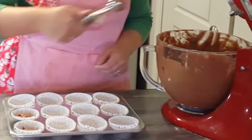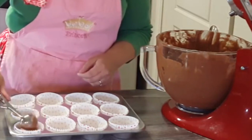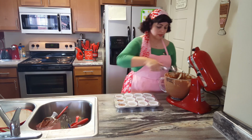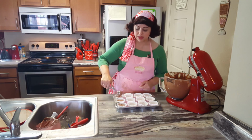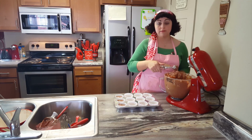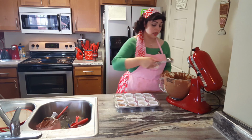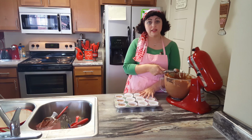I think I'm going to do about 2 scoops in each one of these little containers here. And then you're just going to go ahead and fill up the entire tray of cupcakes. The recipe itself actually makes about 24 to 25 cupcakes, depending on the size of your cupcakes. But I'm going to get these inside the cupcake liners, and then